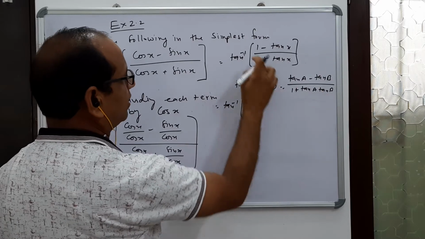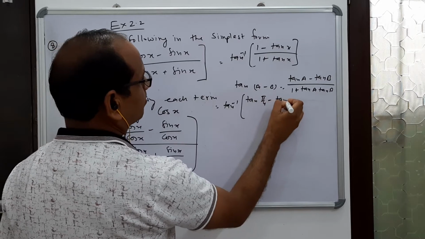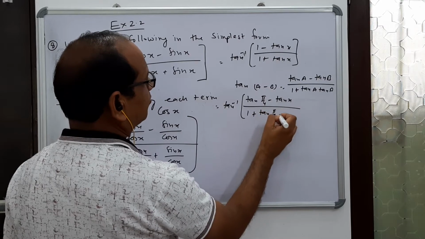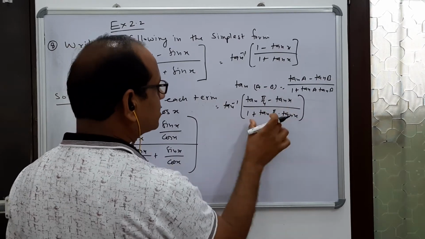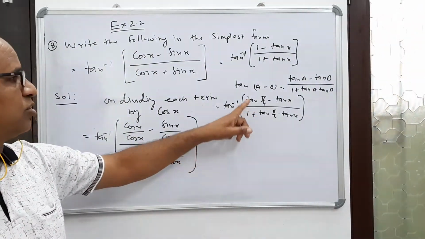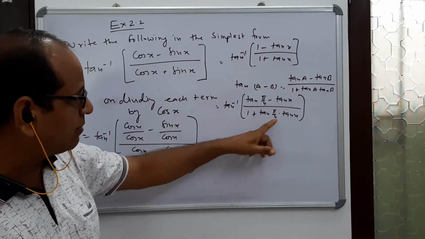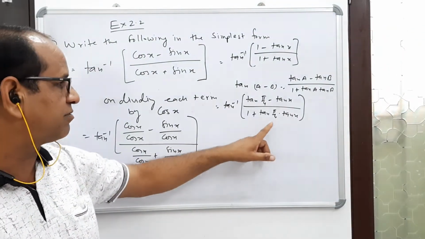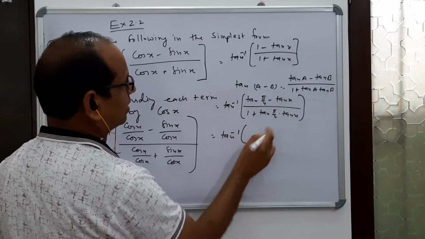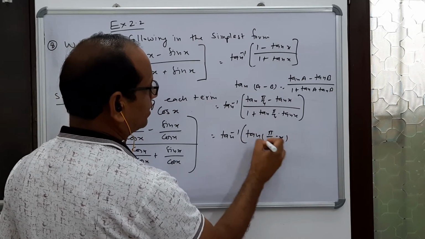Here we will try to convert this in the form of this identity, and here instead of 1, if I write tan pi by 4 minus tan x, and 1 plus, if I add tan pi by 4 times tan x from my side, then this will fit in this formula. And I have not changed the value also. As you know that tan pi by 4 or 1 is the same thing, because the value of this is 1. But this made our work easy by converting this part into tan of pi by 4 minus x.